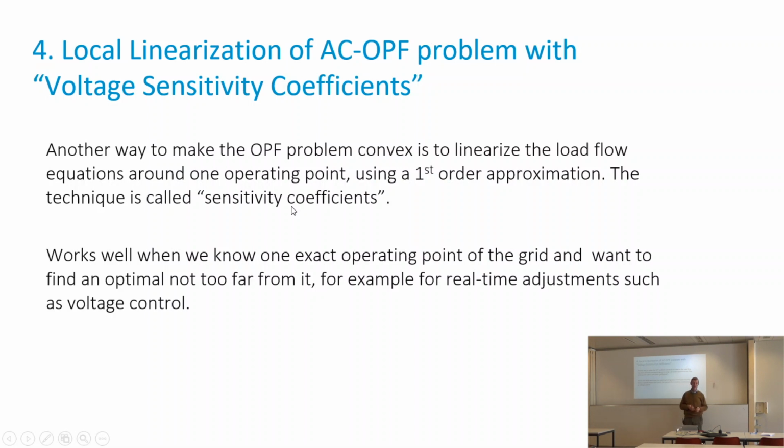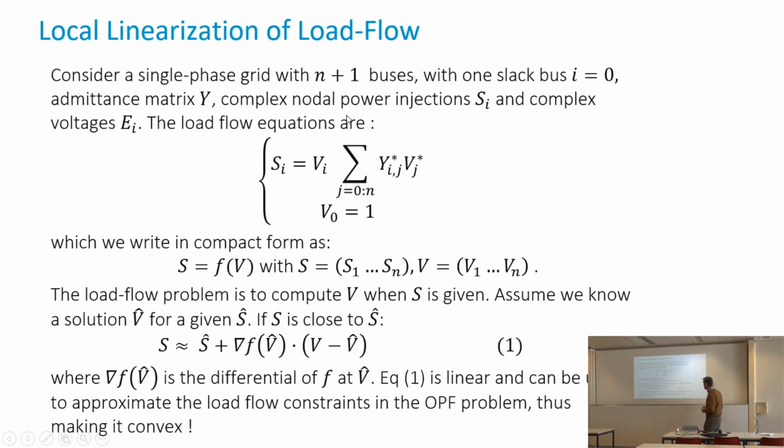There has been decades of control theory that work well with linear systems. We know how to linearize a system by using its first order Taylor expansion. So if we combine the two, we obtain what is called the sensitivity coefficient method. So what is it? Well, if I have a generic grid here,